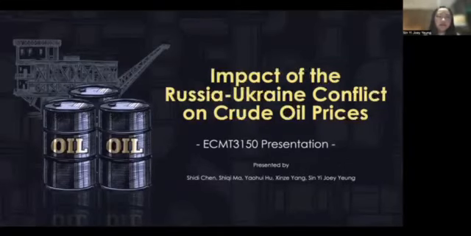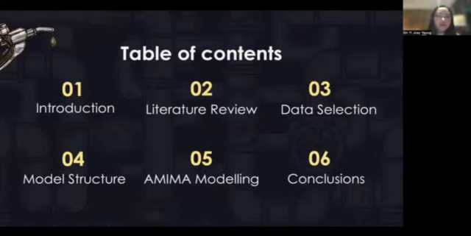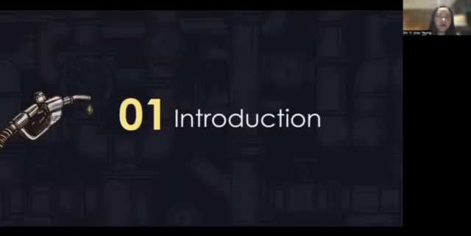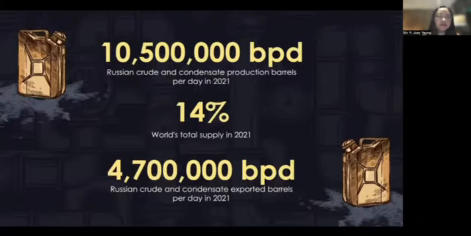Hey guys, this is the ECMT3154 presentation. Our group's topic is the impact of the Russia-Ukraine conflict on crude oil prices. We will divide our presentation into 6 parts, including introduction, literature review, data selection, model structure, ARIMA modeling, and the conclusion. To start with the introduction, Russia is a leading producer and exporter of crude oil, shaping the global crude